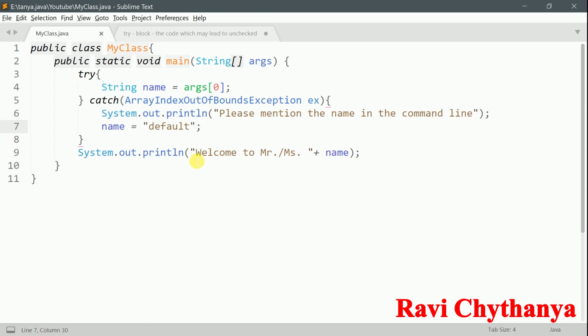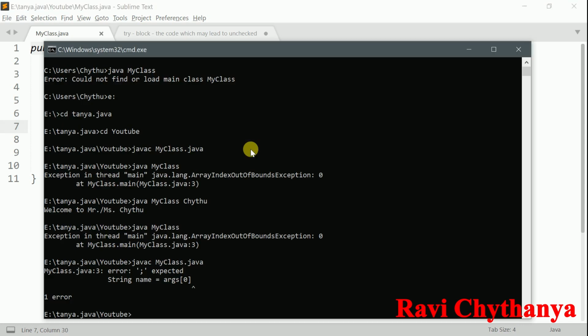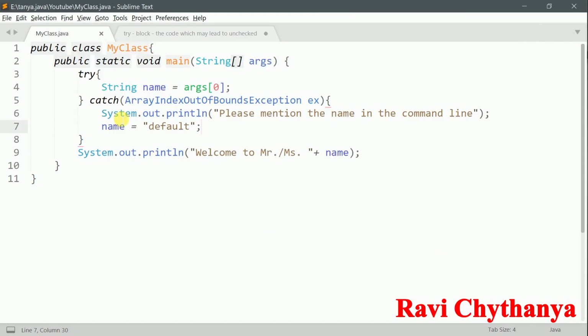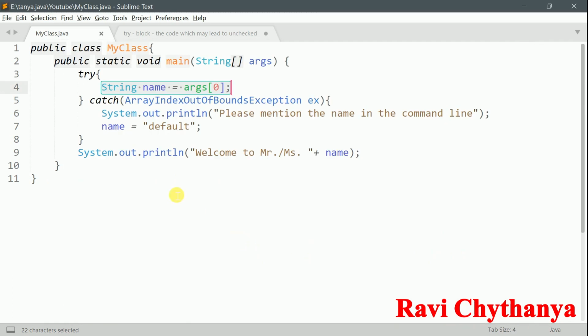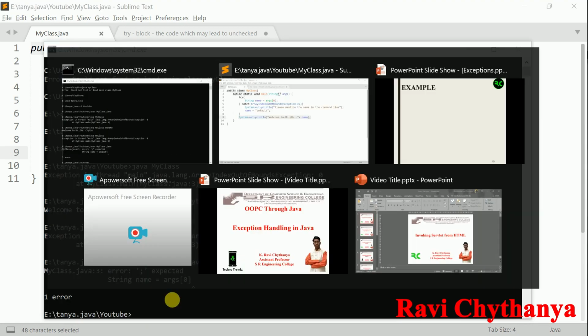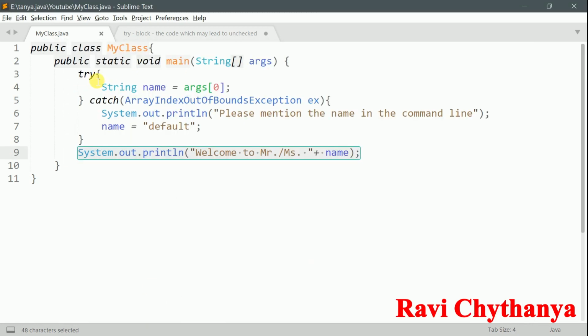So here, after this, what happened when an exception was raised in the third line? It has terminated the execution of the program. It hasn't executed System.out.println welcome Mr. name. Okay, but when I have mentioned it in a try and a catch block, so